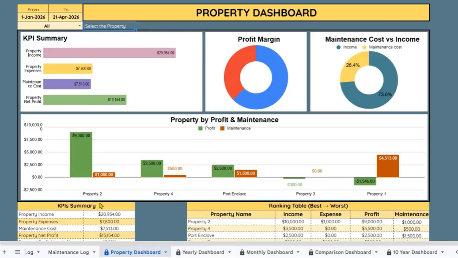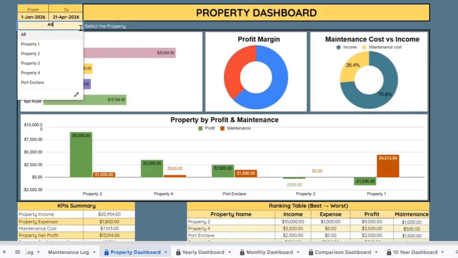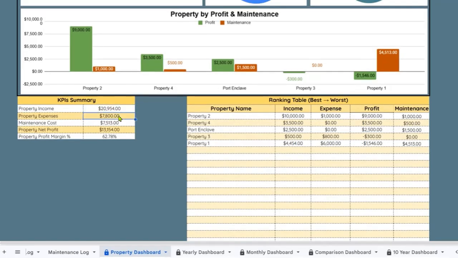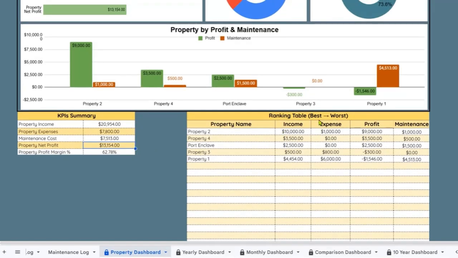All properties data. What was the data? In all properties, what was the data? Like the property income, how much was the property income? Property expenses were how much? Maintenance cost was how much? Property net profit, net margin, profit margin, and the ranking from best to worst. Like income, expenses, profit, and maintenance, which was